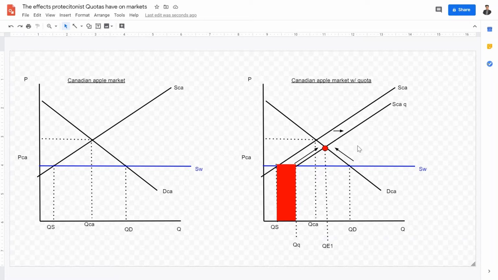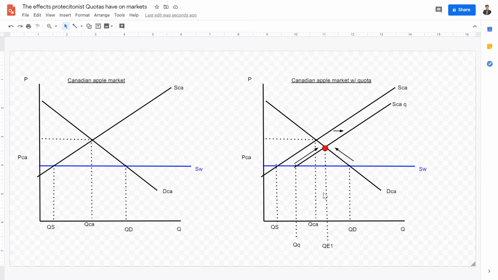Now what happens to the supply of apples? Let's look at the line between the world supply and the set quota quantity. This is the line where the set quota quantity starts, and this is the line where the world supply starts. Now let's shift the entire supply curve right towards the intersection with the quantity of the quota. So this was the original supply, and we shifted it to the right to the intersection where the supply reaches the quantity. And that gives us the new supply diagram given the quota.